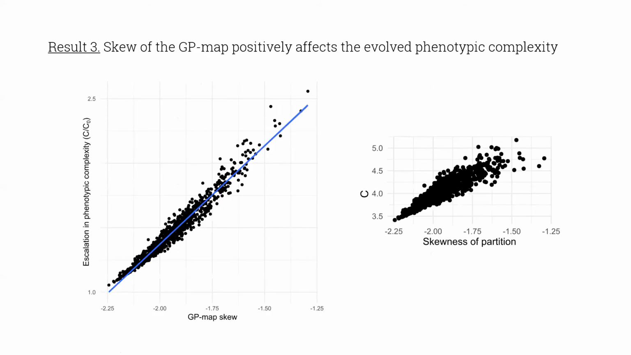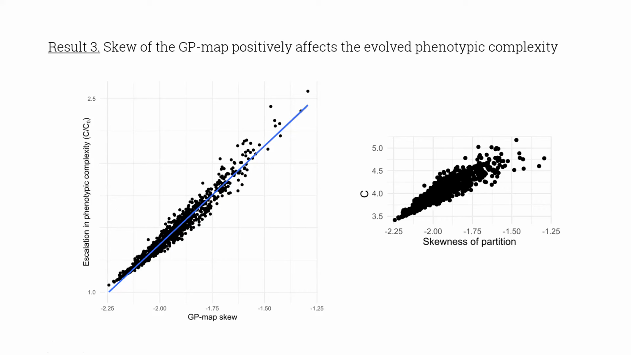The third result we find, which is the most interesting result, I think, is that the skew of the genotype-phenotype map positively affects the evolved phenotypic complexity. So on the left side, I have a figure where we have calculated the complexity evolved in the presence of parasites divided by the complexity evolved in the absence of parasites. And as you increase the skew of the genotype-phenotype map, you see that this escalation in complexity is higher. So the more skewed the genotype-phenotype map is, the more likely you are to get an extremely high increase in complexity